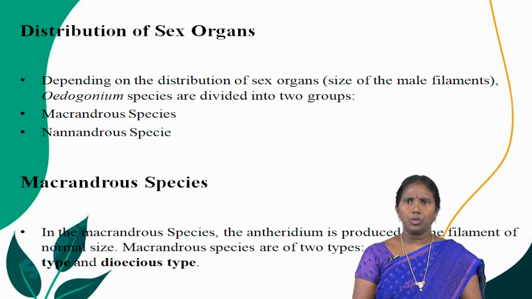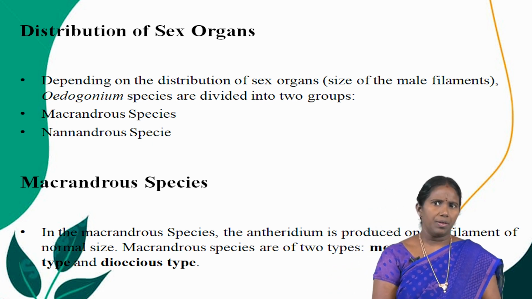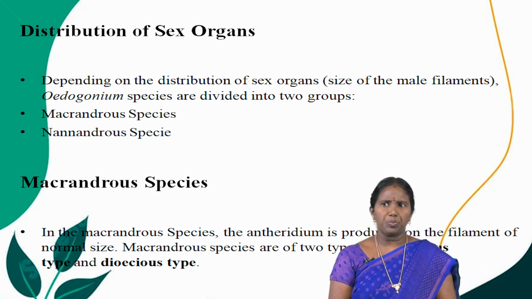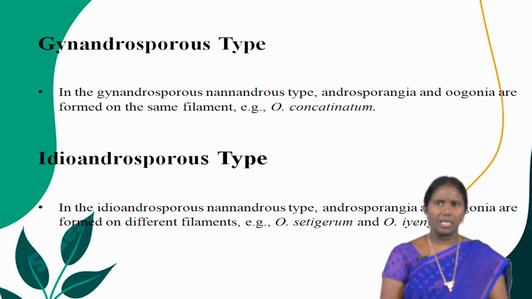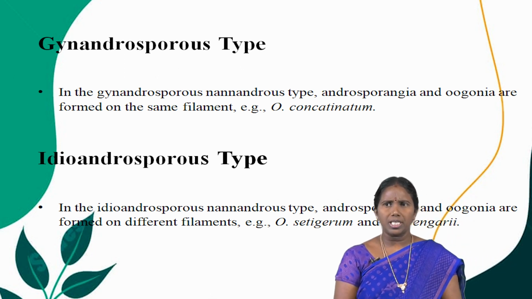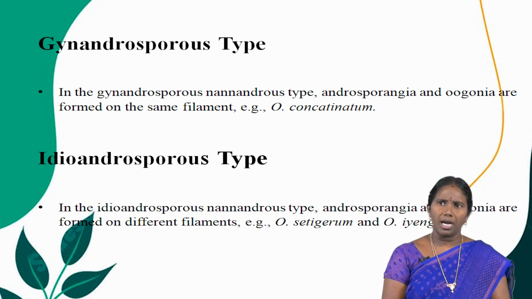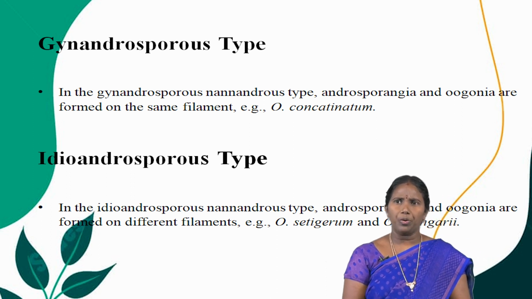species are divided into two groups, Macrandrous species and Nannandrous species. In the Macrandrous species, the antheridium is produced on a filament of normal size, and the Macrandrous species are of two types, monoecious or dioecious. Gynandrosporous type: in the gynandrosporous, nannandrous type, the androsporangia and oogonia are formed on the same filament. For example, Oedogonium